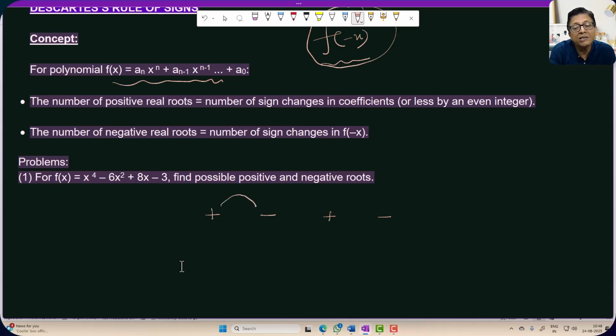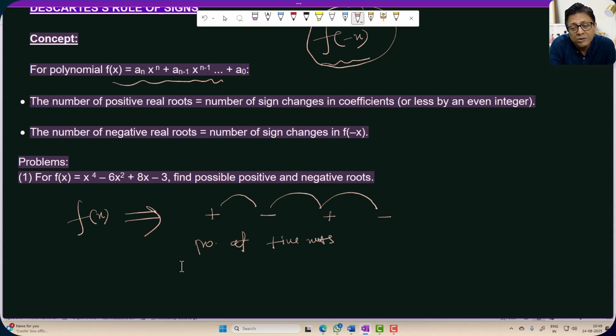One sign change here, one here, one here. That is for f(x). So what will be your comment? The number of sign changes is 3: plus to minus, minus to plus, plus to minus. So the number of